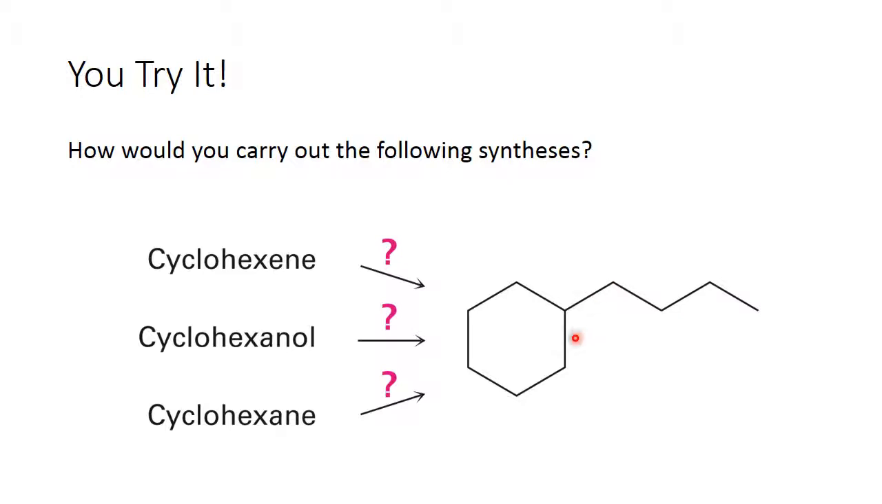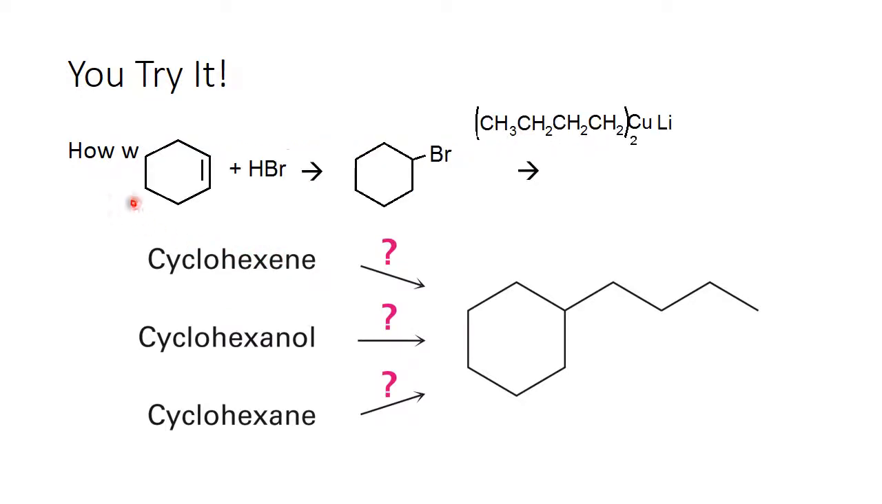Cyclohexene to butylcyclohexane. Cyclohexanol to butylcyclohexane. And cyclohexane to butylcyclohexane. This is really a pretty challenging set of questions, because you've got to think in more than one step. You don't know any way to do this all in one step, but you've been learning that you can take